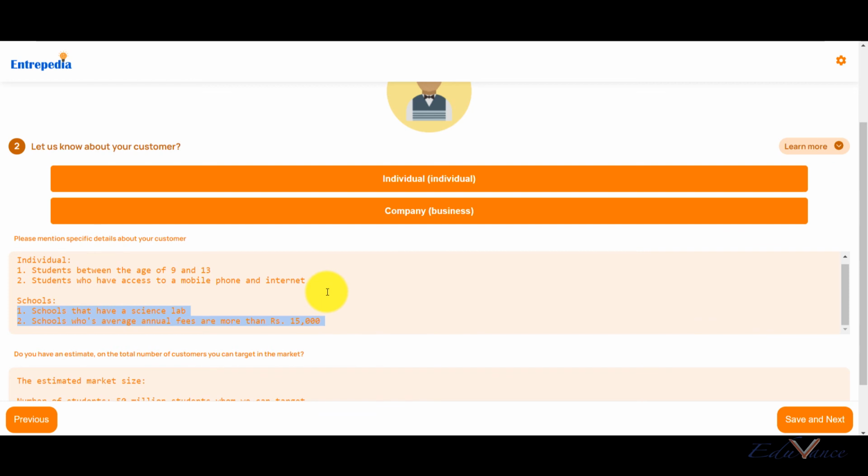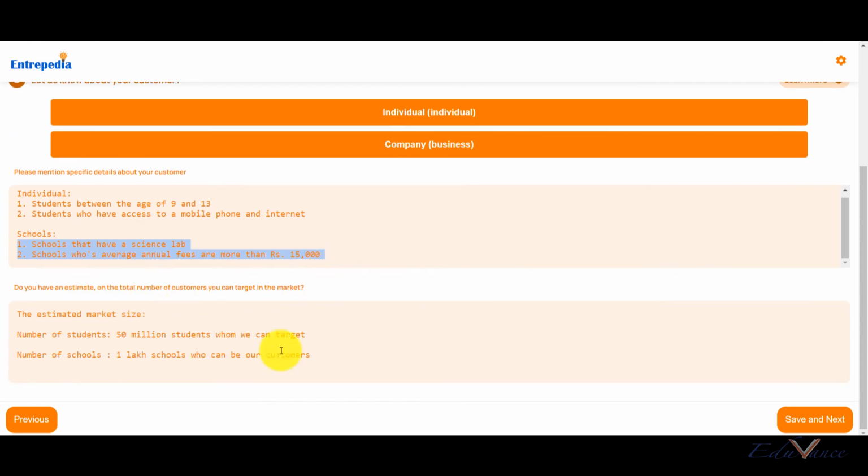We also need to specify how big our market size is, which we can get through Google. I will also be presenting some other case studies, and in that case study, I have shown in detail how to find out the market size, and you will get an answer from there as well.